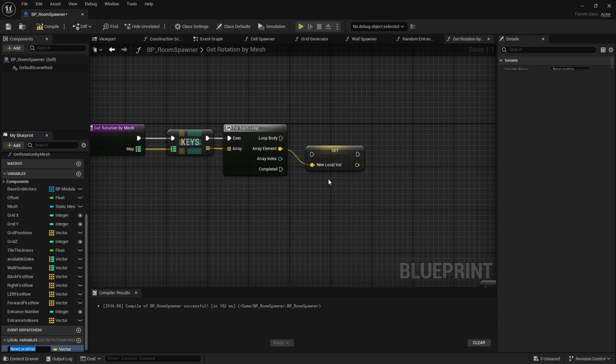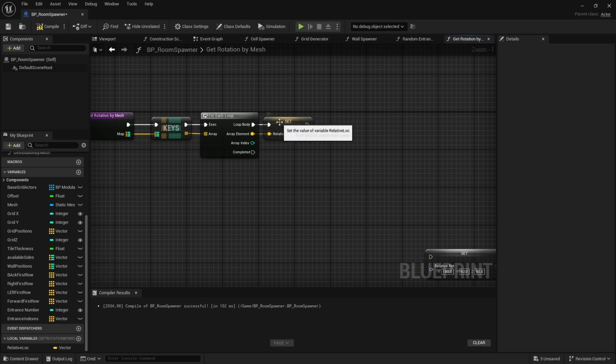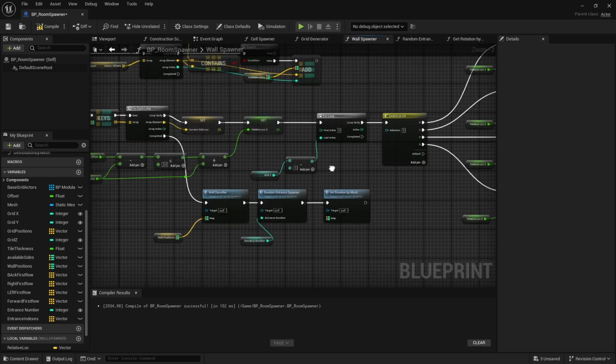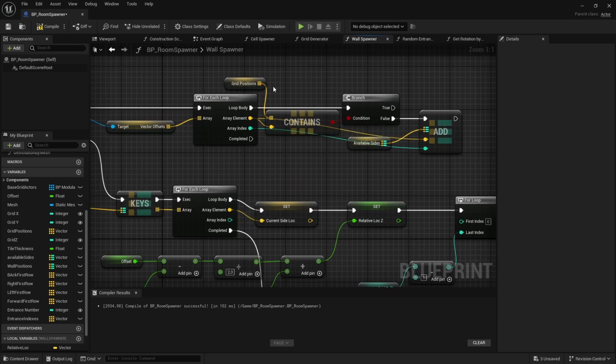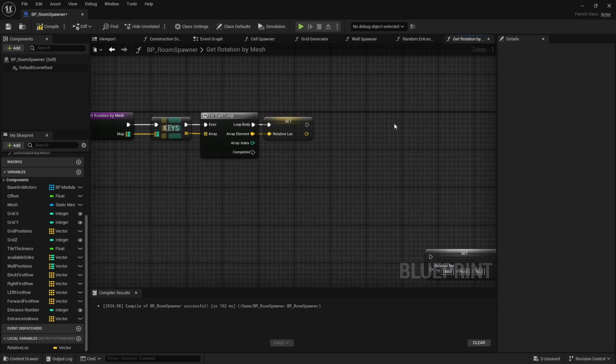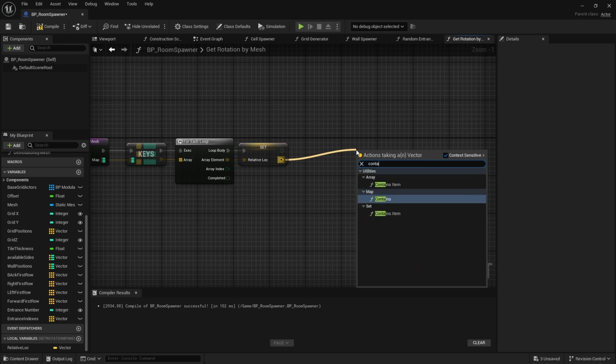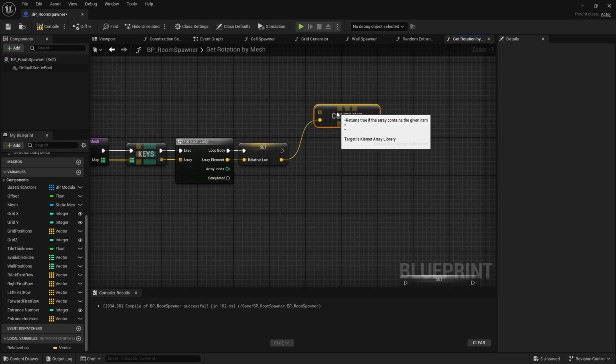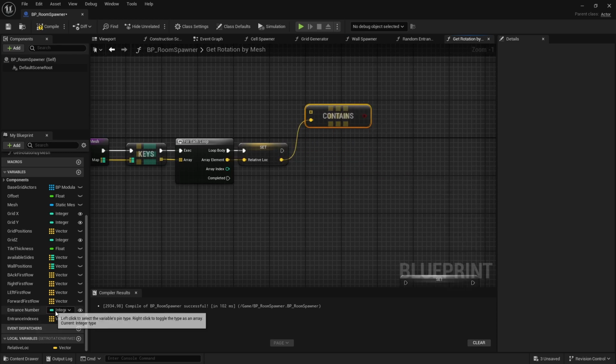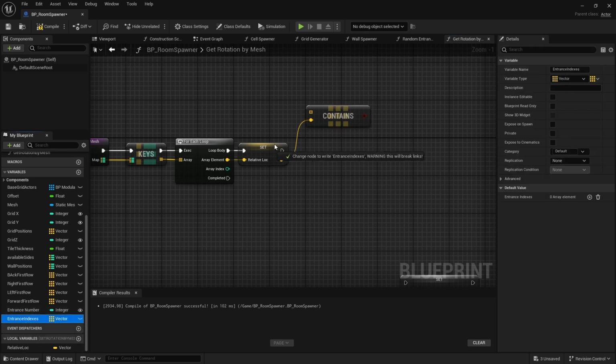Let's save in a local variable called the relative location. Let's follow the same logic as the wall spawner where we use the contains operation. Okay, so let's call the contains, but in this case we will call the entrance indexes